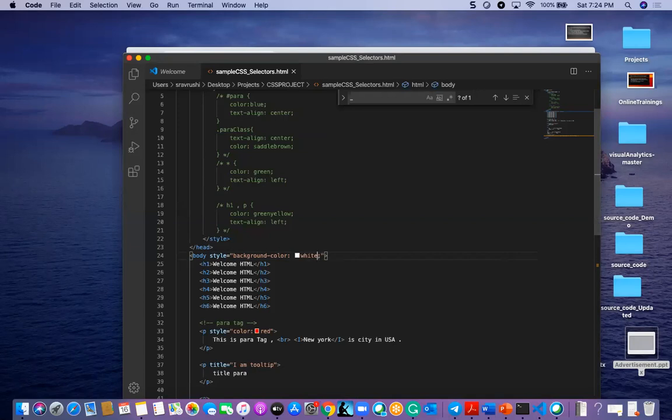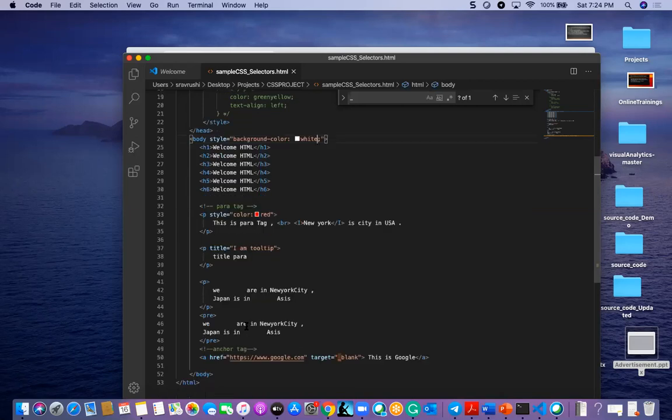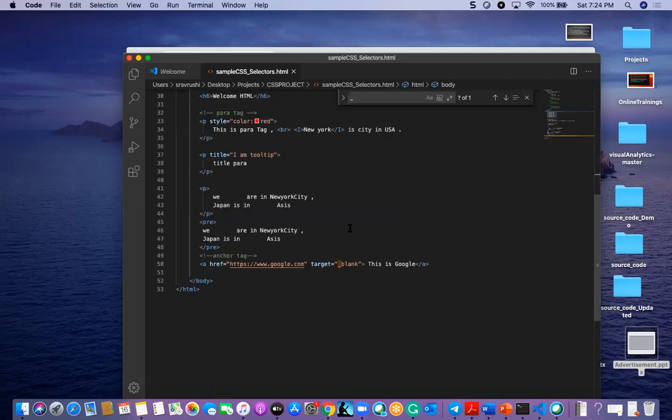So these are the different ways of formatting a particular element. Let us go ahead and check right now.